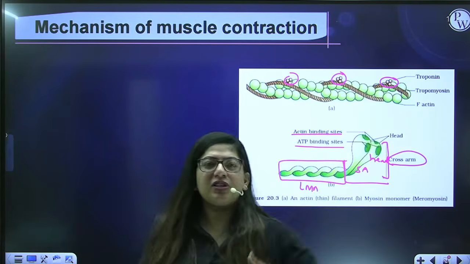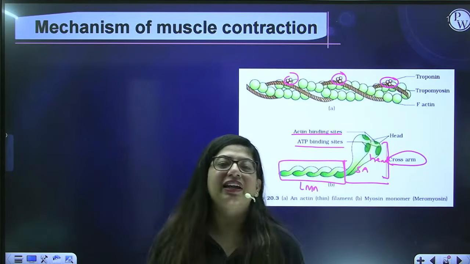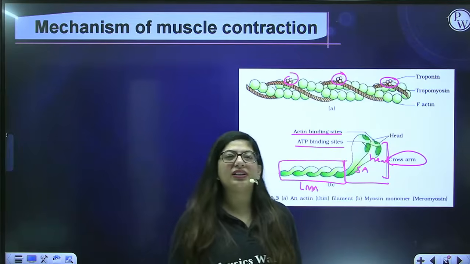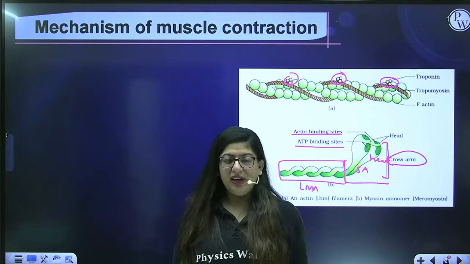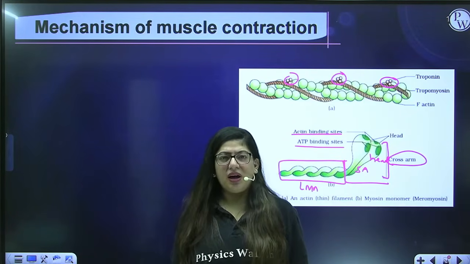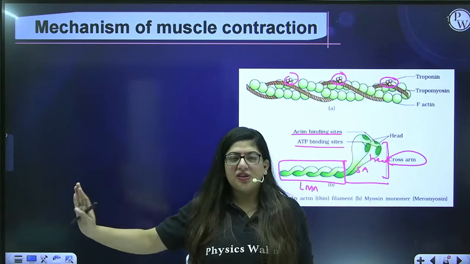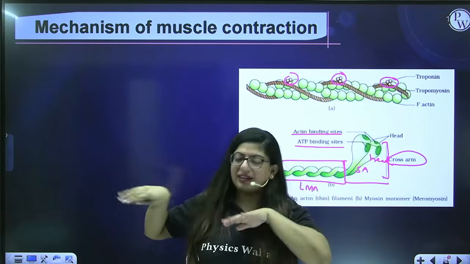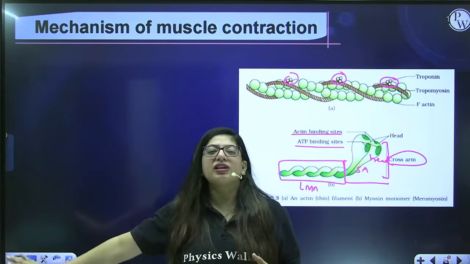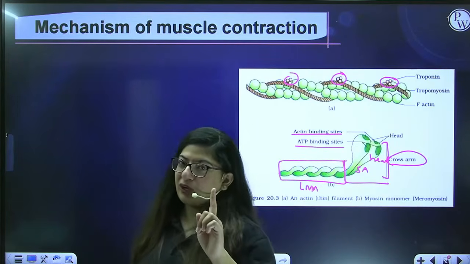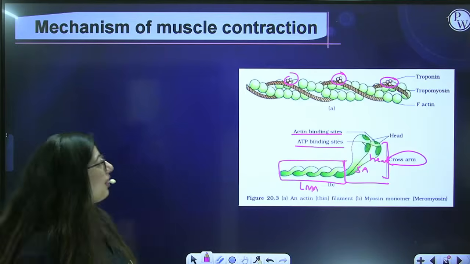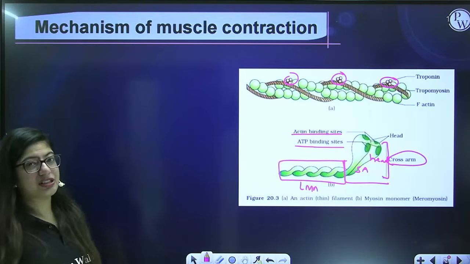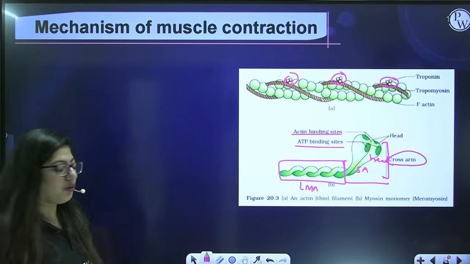So I'm doing it because my brain is giving a signal. My brain is giving a signal, only then I'm dancing. Okay, for example, if you want to do some dance step like this, my brain sent an impulse. Only then this muscle contraction took place. Okay, now I'm not going to dance more for you. So here, the muscle contraction starts from the signal from the neuron.